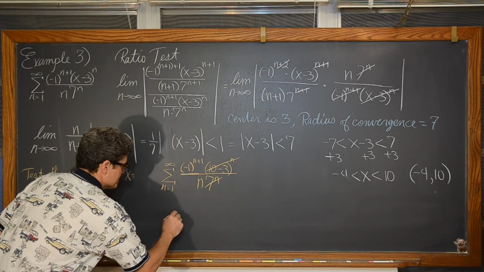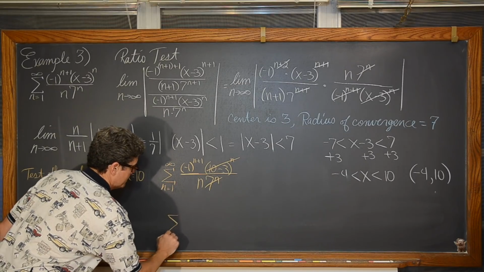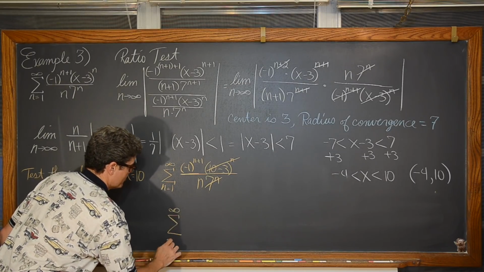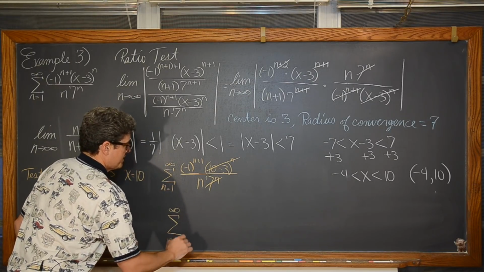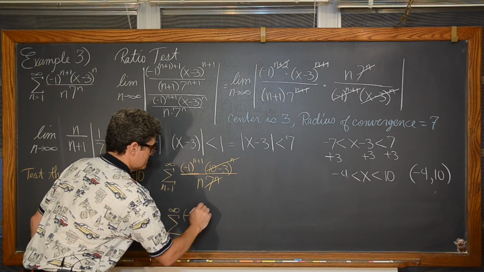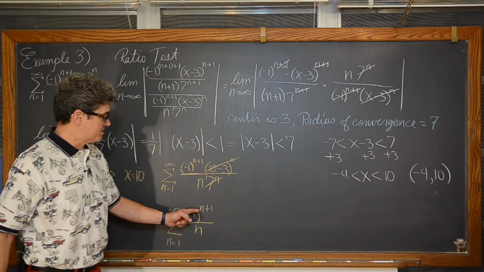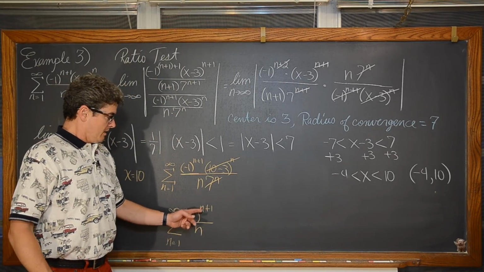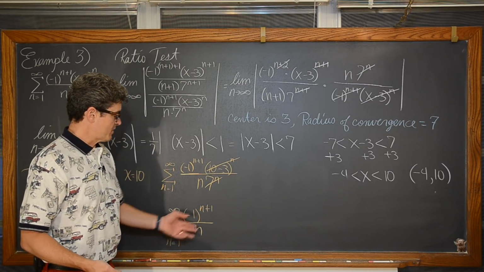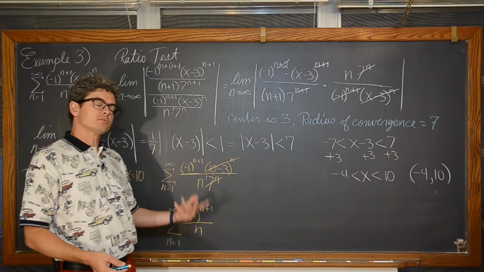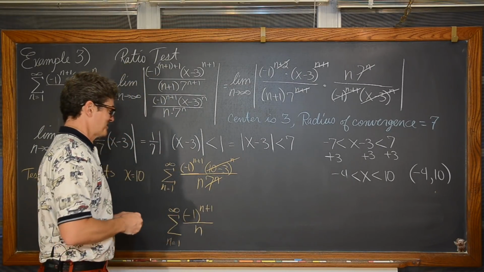And this time, this simplification for checking the endpoint of x equals 10 comes out really nice and simplifies very quickly. We have the summation where n starts at 1, n goes to infinity of negative 1 to the n plus 1 over n. Well, now this negative 1 to the n plus 1 is going to go between positive and negative. And thus we have an alternating harmonic series. An alternating harmonic series, unlike the regular harmonic series, converges.